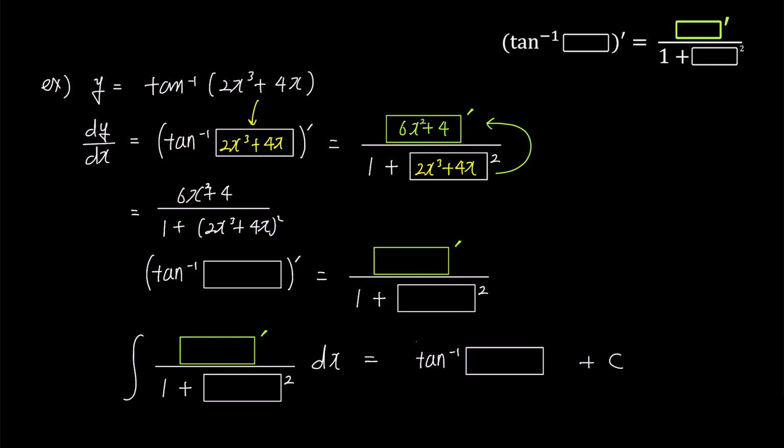Differentiation and integration are inverse processes, and you can easily see the relationship between them. So if you encounter a similar integration problem with a sin x in the denominator's box, and the numerator's box prime containing the derivative of sin x, which is cosine x, you can confidently write the answer as inverse tangent of sin x plus c. I keep mentioning integration while explaining differentiation because if you have a good understanding of the shape of differentiation, you'll be able to solve integration problems very easily later on.